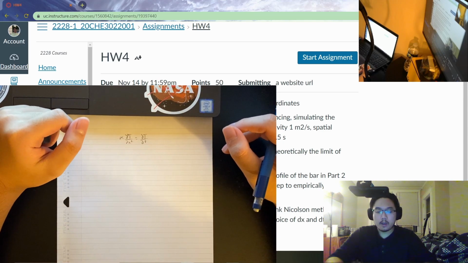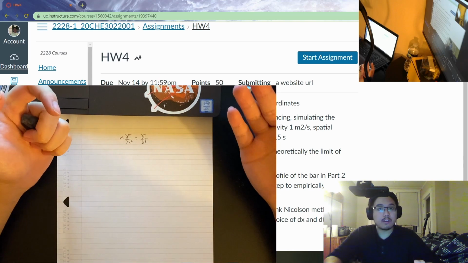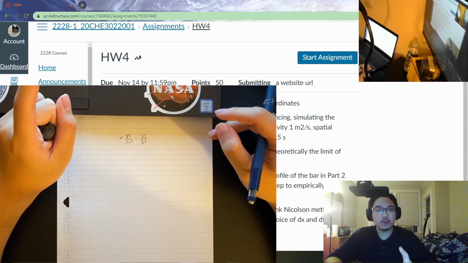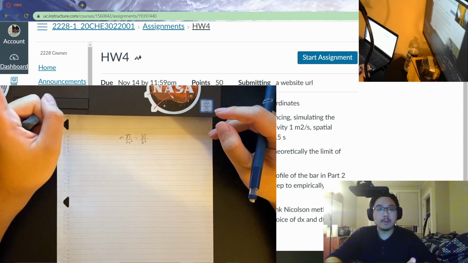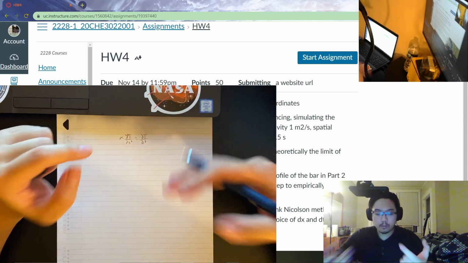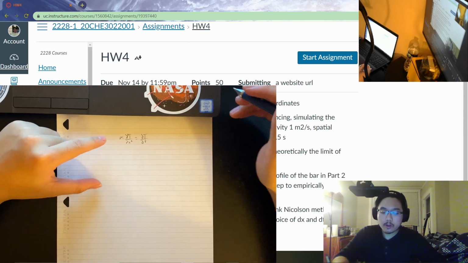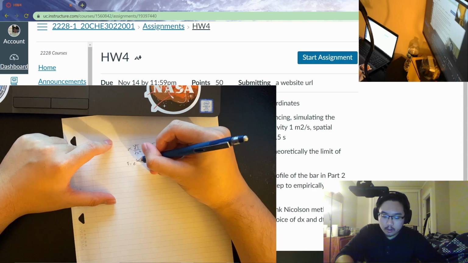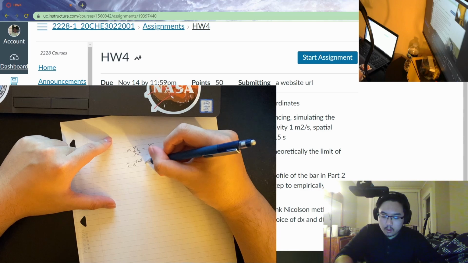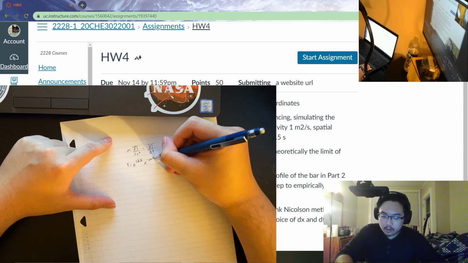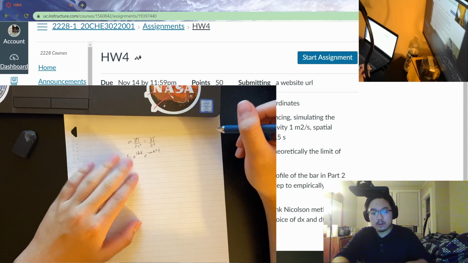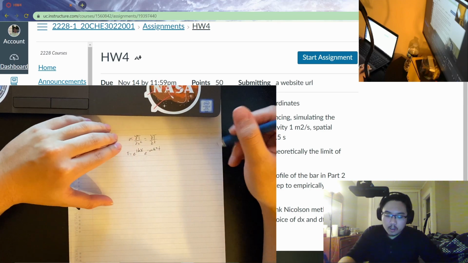And so, instead of doing all that, there is one particular solution that can prove this limit. The particular solution that I'm going to be focusing on is T is equal to e to the i k x, that's the imaginary i, times e to the negative alpha k squared t. And to prove that this is indeed a solution to this differential,